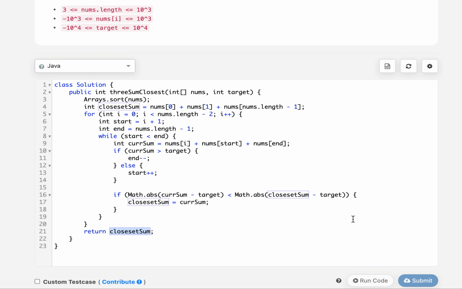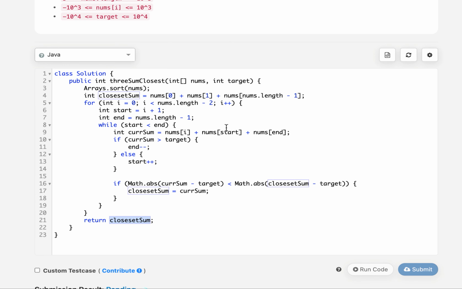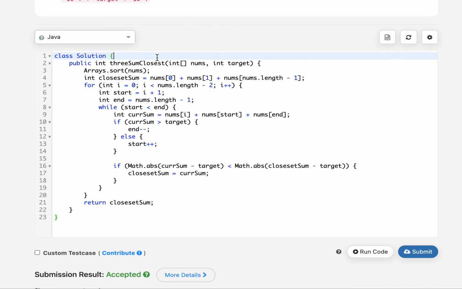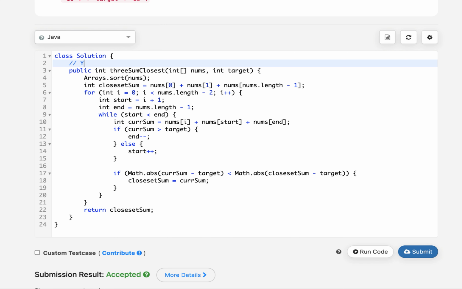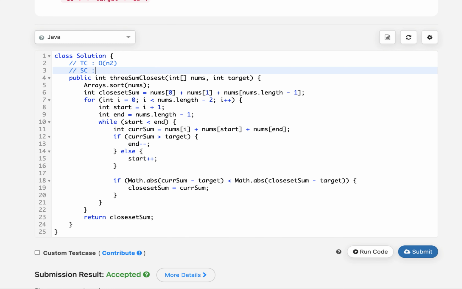Let's try this out. Accepted. The time complexity for this approach is order of n square, and the space complexity is order of 1. Also, you're performing a sorting operation that takes n log n, but since n square is way higher than n log n, it won't matter.